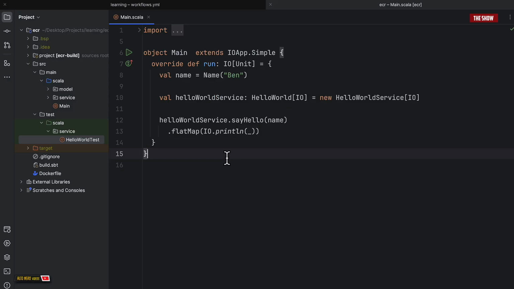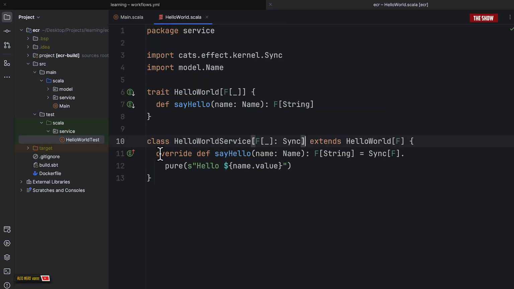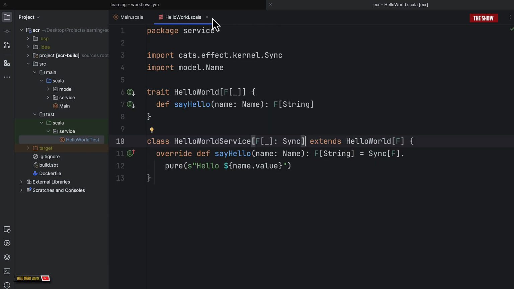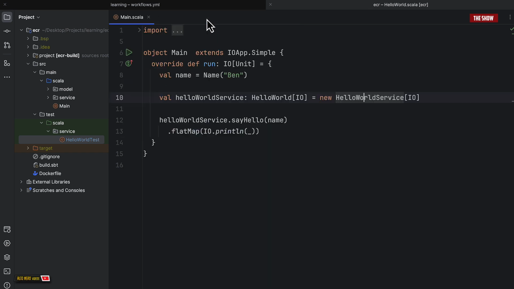Because the aim of this tutorial is to show you how to push an image to an ECR repository through GitHub Actions, I have already gone ahead and created a test case for the Hello World service. So this test case, all it does is that it tests that when we call the say hello method on the Hello World service, we get hello Mao. Now, if I make changes to my code, so rather than Mao, let me change this to Goku, and then I push the changes, you will see that this action is going to trigger the GitHub action to run,